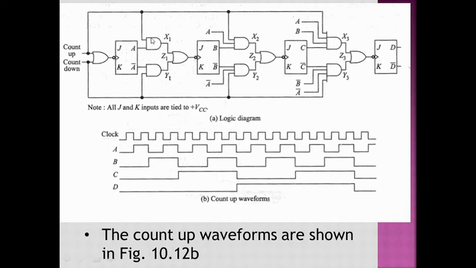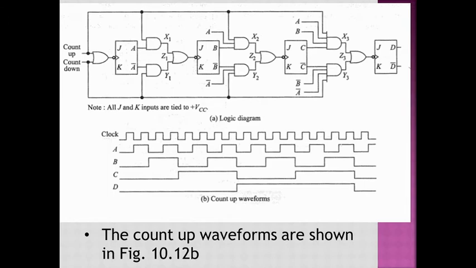You see here X1, which has 2 inputs: A, and 1 input is a clock input. So the clock is passing through the AND gate X1, or the clock is passing through the AND gate Y1. So X1 and Y1 are AND gates, Z1 is going to be an OR gate. One of the inputs is either coming from the true side of the previous flip-flop, or it is going to be the false side of the previous flip-flop, or A bar is connected to the Y1.